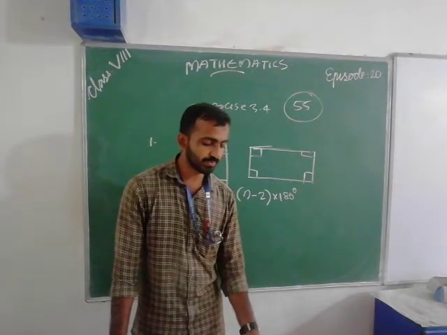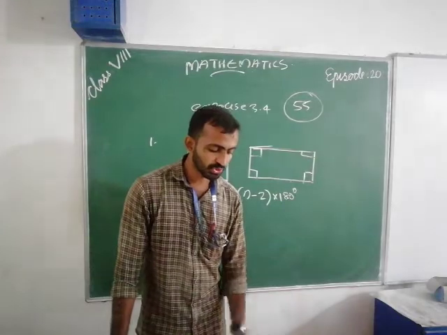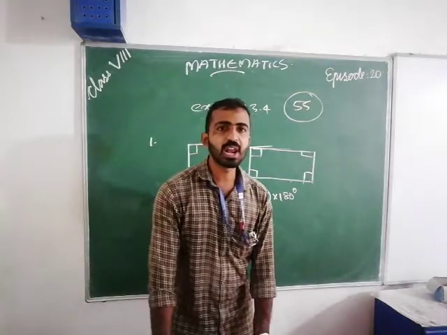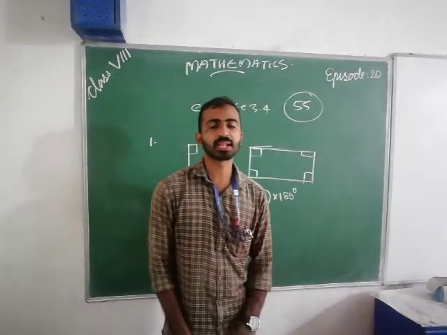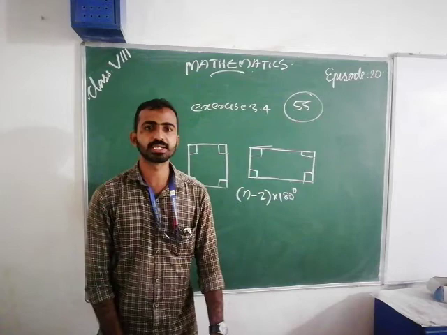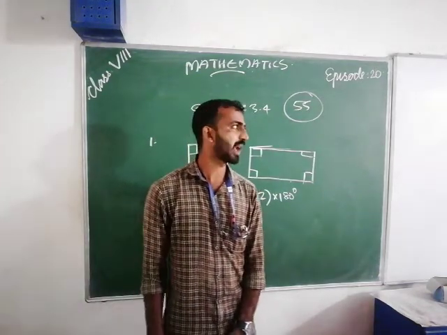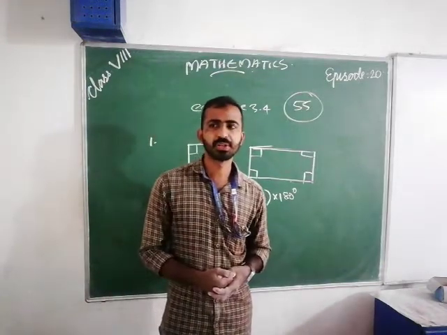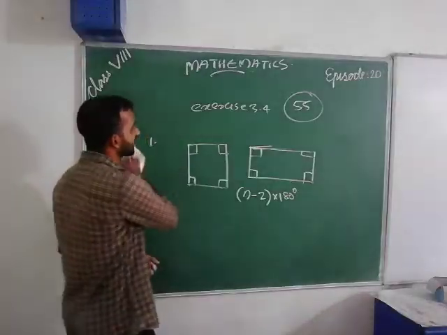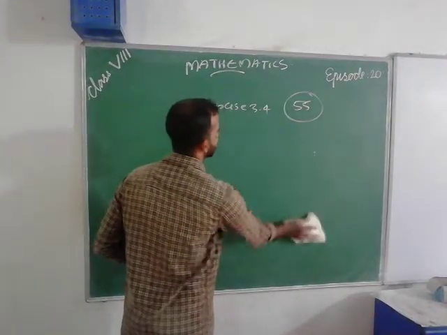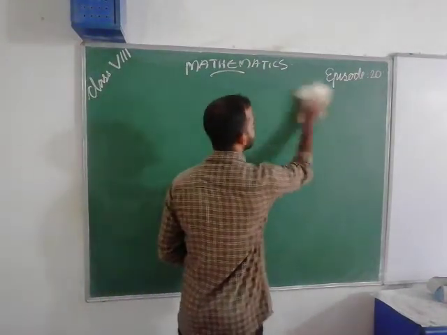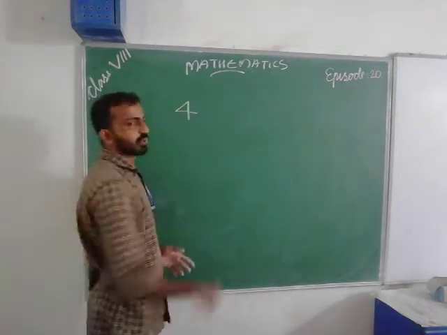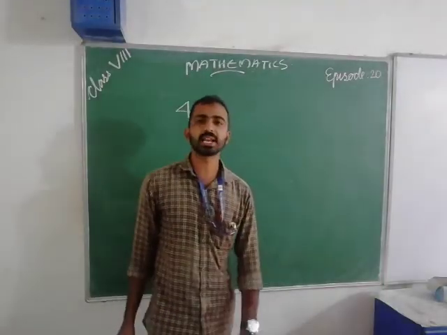So this is the conclusion, and we are going to start a new lesson. Next is practical geometry. Is it? Our fourth chapter, practical geometry. What is geometry? Geometry is the construction of triangles and quadrilaterals. Unit 4. Our chapter name is practical geometry.